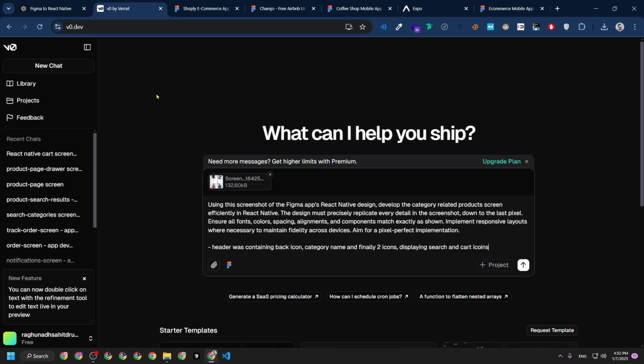So the header was containing back icon, category name, and finally two icons displaying search and cart